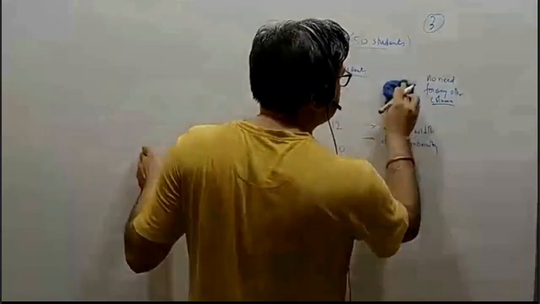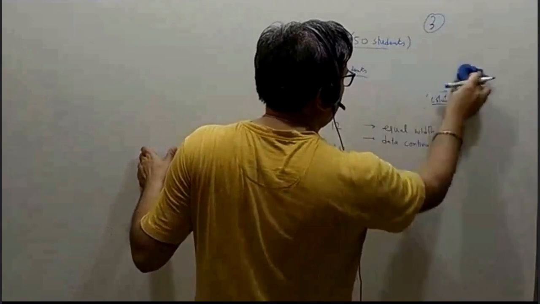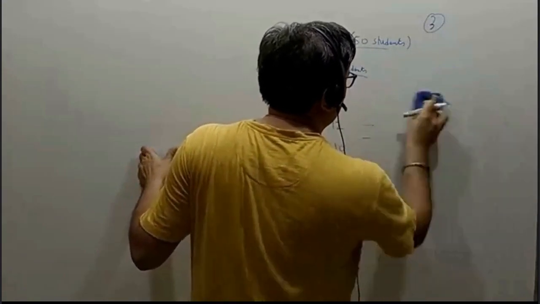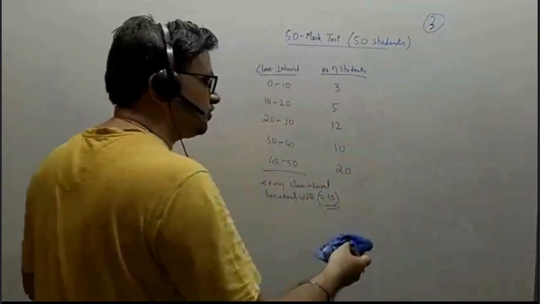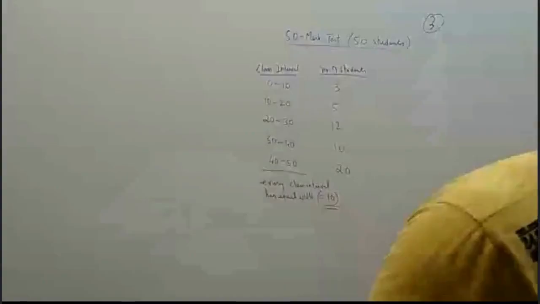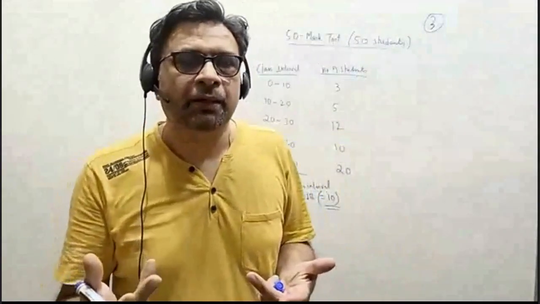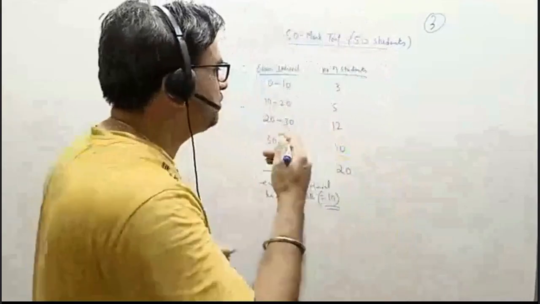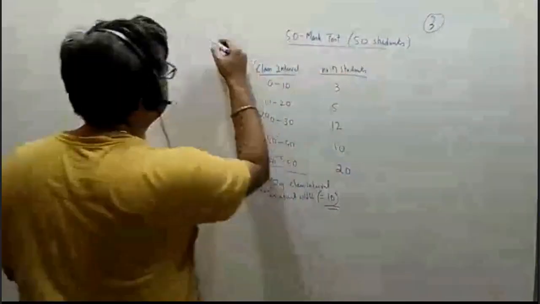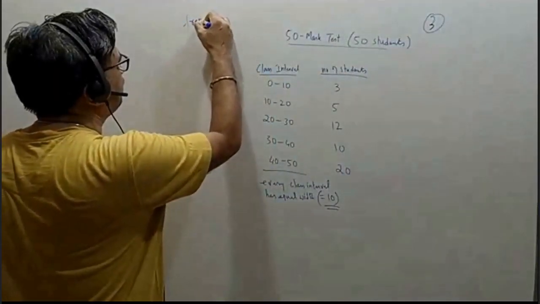So let me erase this. Now we are talking about a frequency polygon with the same data. So I told you, right, this is a case of tea and coffee. You can serve tea or coffee interchangeably. So this data can be represented using a histogram, which we just saw. And we can also represent this data using a frequency polygon, which we are going to. So we are talking about a frequency polygon now,